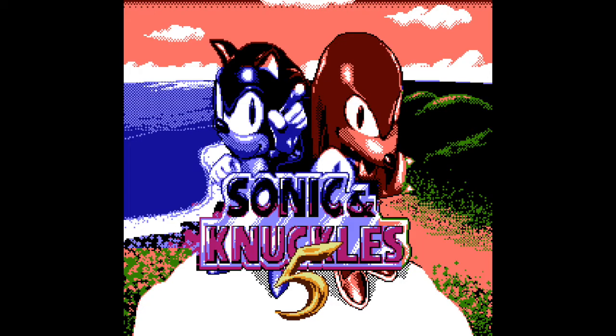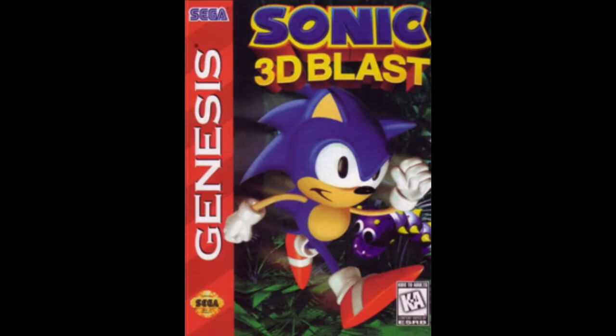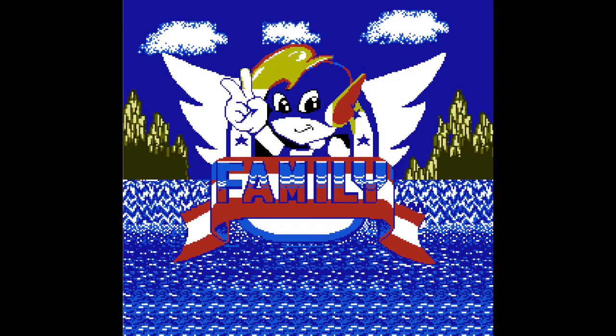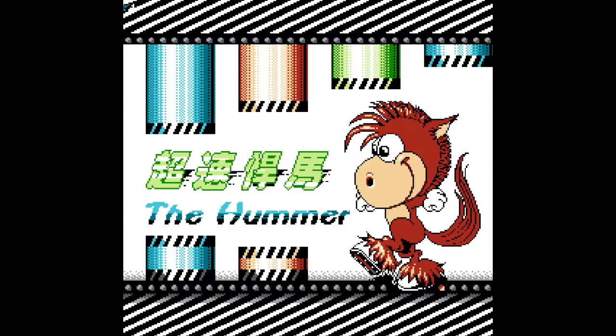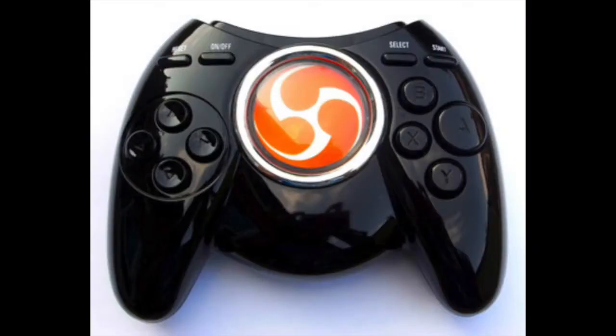Sonic and Knuckles 5, Sonic 3D Blast 6, which has nothing to do with the actual Sonic 3D Blast for the Sega Genesis and Sega Dreamcast, bizarre crappy sprite work under the name of Family Kid, and interestingly the game under the name The Hummer, which is actually based on the Hummer team's mascot, and it's only available on the Super New Year 15-in-1 cartridge, and also one of their plug-and-play consoles called Somari